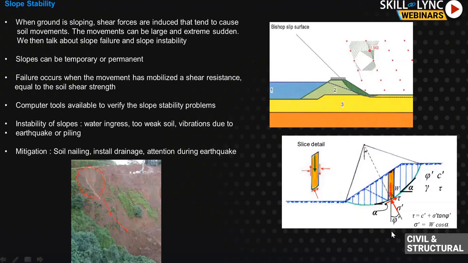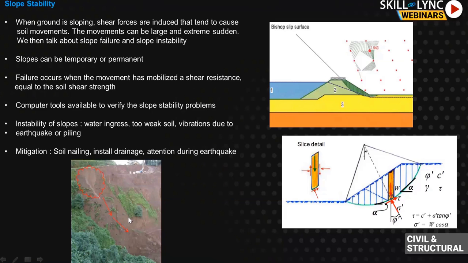The failure can be anything. It can be a circular failure, or a toe failure alone, or a base failure. If you see in this picture, it is a kind of local failure. In order to make this slope work, maybe you can go for soil nailing. It is like pinning at specified intervals with some pre-tensioning methods. You can have your wire mesh, a kind of geotextile material, spread on the surface, and then you can have your soil nailing, pushing a pin into the soil and then pulling out with the pressure. So that concept, soil nailing, can be done.